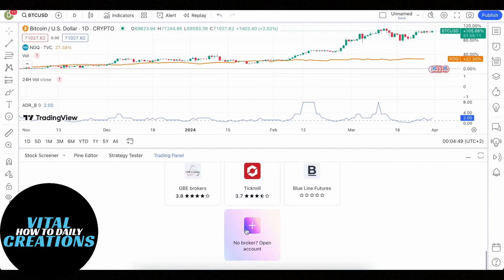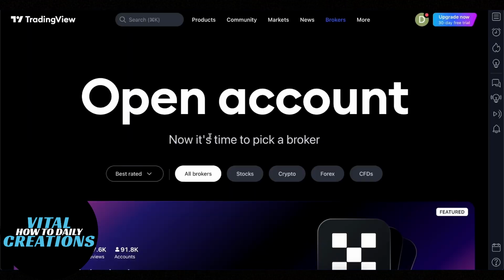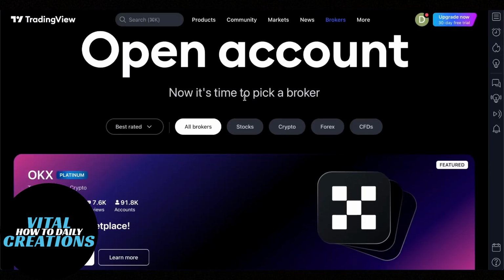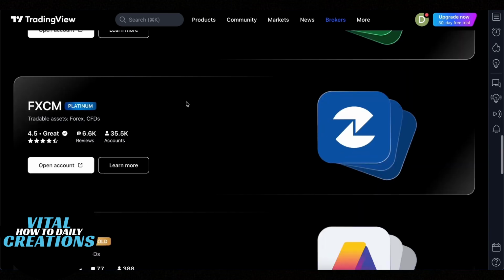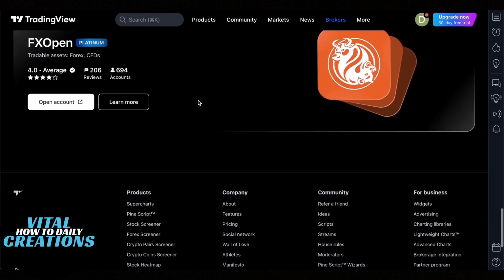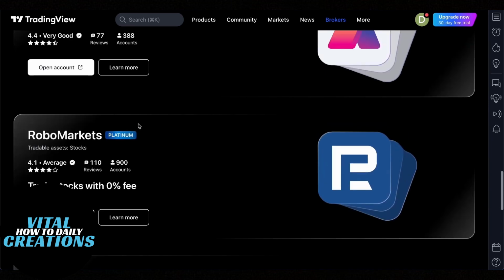Step 3 is to use TradingView for charting and execution. After linking, you can execute trades directly through TradingView. You can still use MT4 or MT5 for expert advisors like EAs and other features while benefiting from TradingView's advanced charting tools. That's it. While direct MT4 and MT5 trading isn't available, using a supported broker lets you access TradingView's